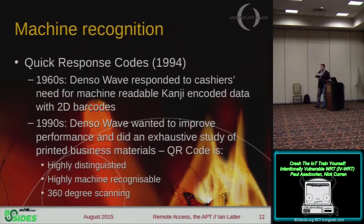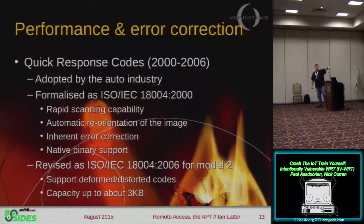Now, I'm not going to go, given the audience, into the complete history of QR codes. Needless to say, I wanted highly distinguished, highly machine-readable, recognizable and 360-degree scanning, the native features of QR code. Once it was standardized, we also got inherent error correction and support for deformed codes. It's got large capacities, but I don't use that in this